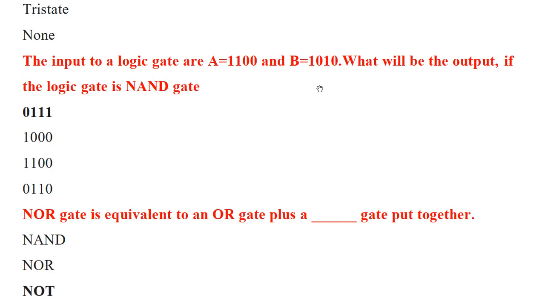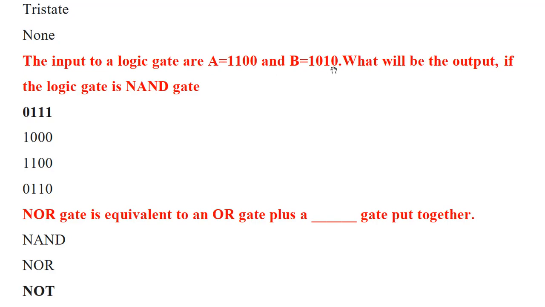So A and B are the inputs to a logic gate, and we consider that logic gate as a NAND gate. How to get the output of this? Up to now we were considering only one input bit, so now also we will try it bit by bit. This is my LSB and this is my MSB; again this is my LSB and this is my MSB. So you start from the LSB: A NAND B, so it becomes 0 NAND 0.